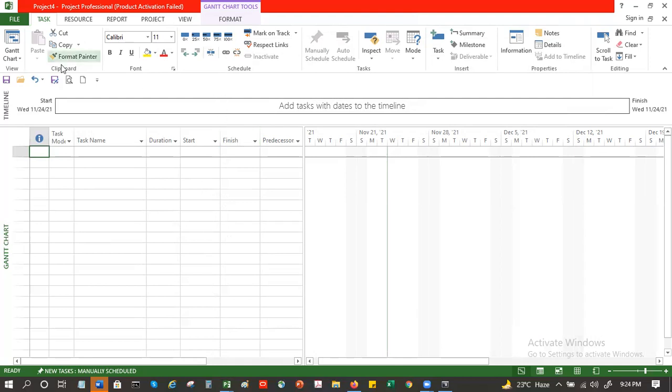Fine. Now, let's see. I told you about a calendar that you can define. How do we define a calendar? First of all, what is a calendar? A calendar is a schedule of the working hours, holidays, or you can say a schedule of the working and non-working time on a project. Working time is normal project-related work or project hours that people will be working on. Non-working time can be your weekends, Sundays, Saturdays, or public holidays.